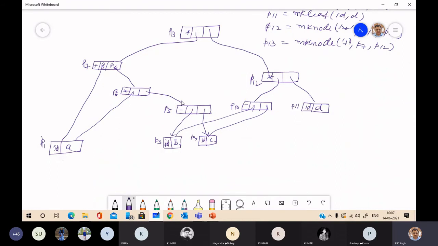Now see the common sub-expression. This P5 and P10 having same value. So no need to create this P10. What you can do?